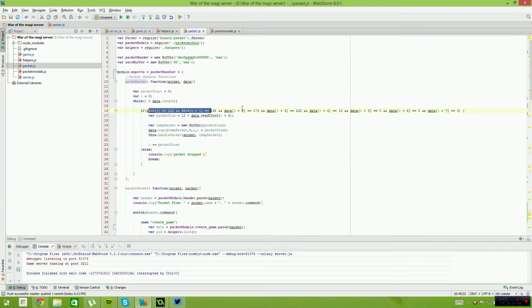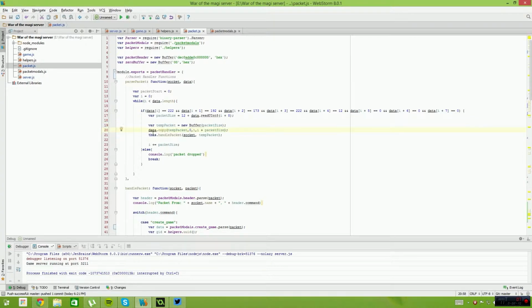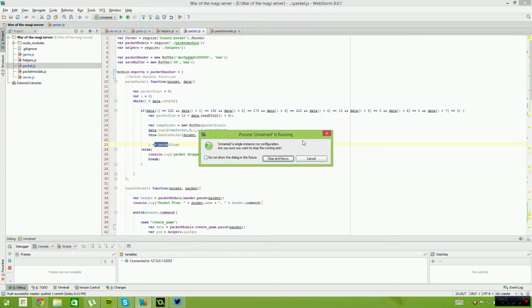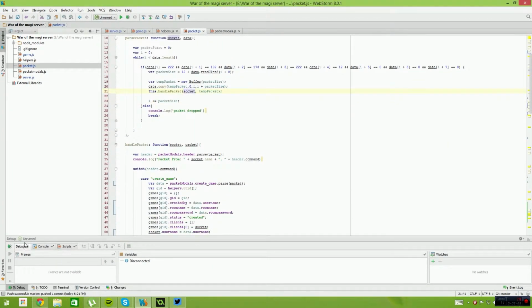And what this does is it searches for the packet header. When it finds a valid packet header, it reads the first 12 bytes and figures out how long that packet is, and then it takes a copy from the buffer and sends that to the handle packet function, and then it moves across in the index so that you can get all of the packet stuff completed. So moving into the handle packet functions,